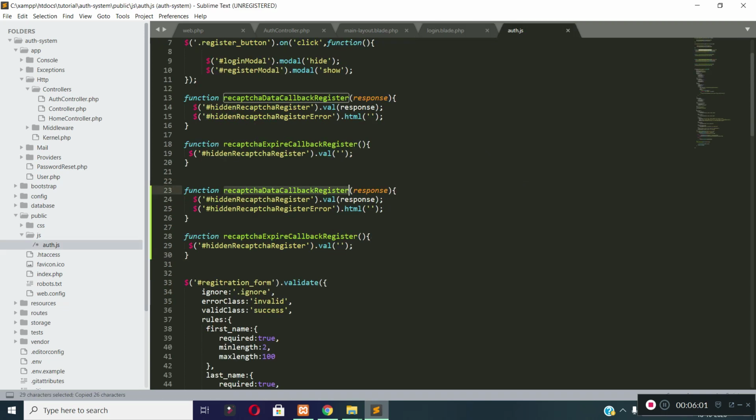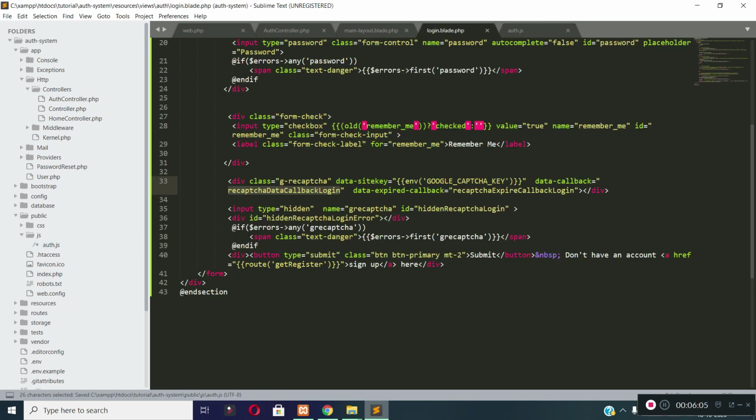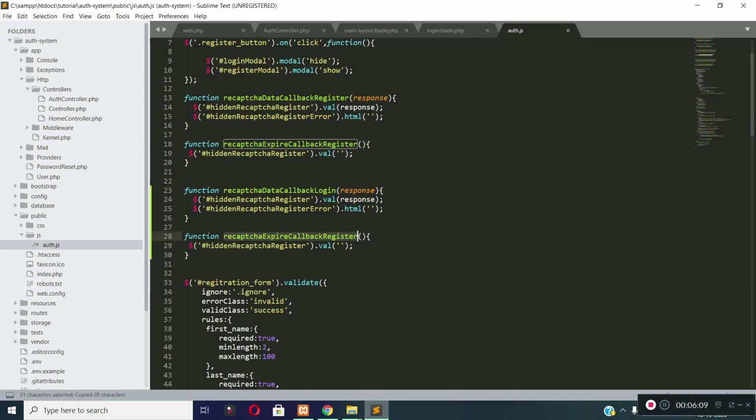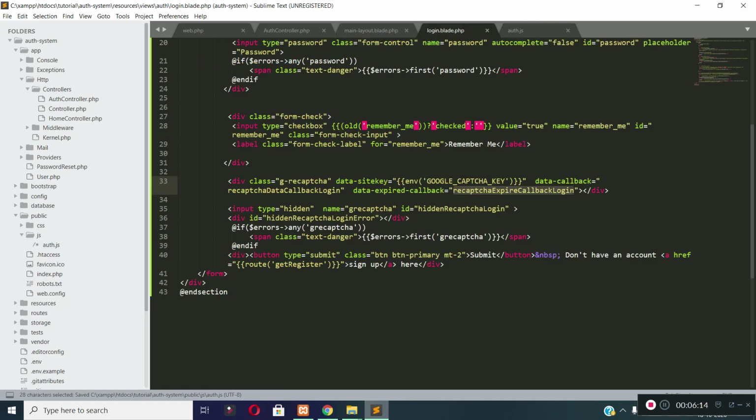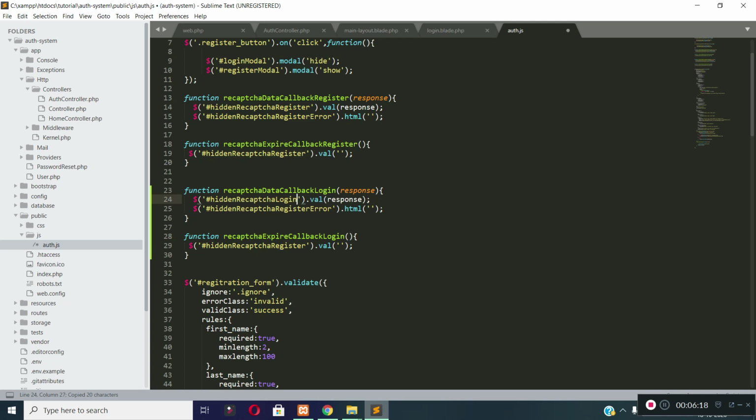So let's rename this function to reCAPTCHA data callback login, and for data expired callback function it will call this function. Okay, and the input field ID is hidden reCAPTCHA login, and the error div is hidden reCAPTCHA login error.